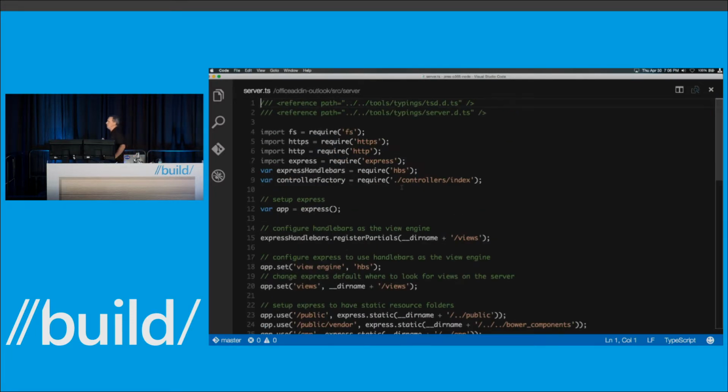Now this is going to be creating the Express web application. So I'm importing a few things here. You can think of those as like using statements in ASP.NET or in any standard C# file. And then I'm also requiring a couple extra pieces here. So like HBS is the handlebars view engine. And then I'm also including my own file from the controllers subfolder